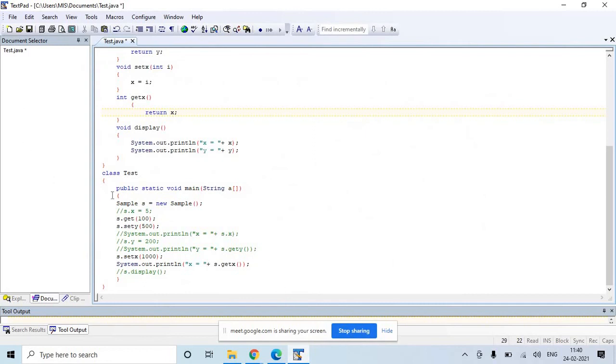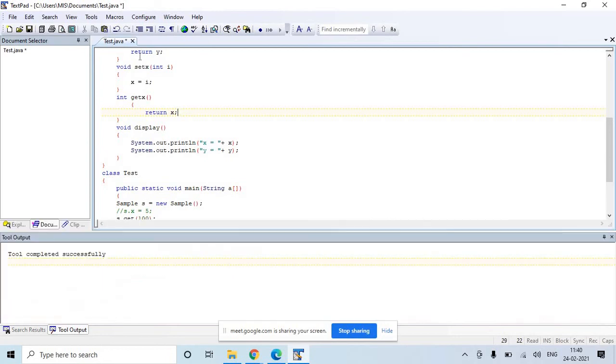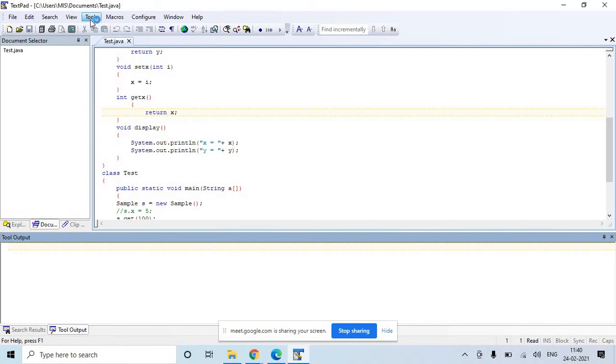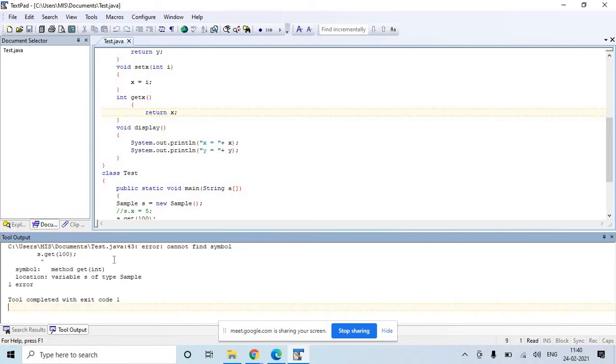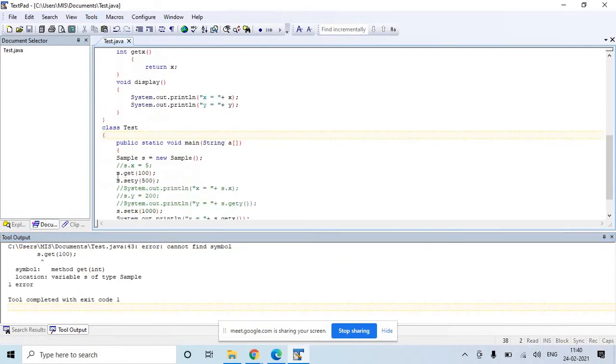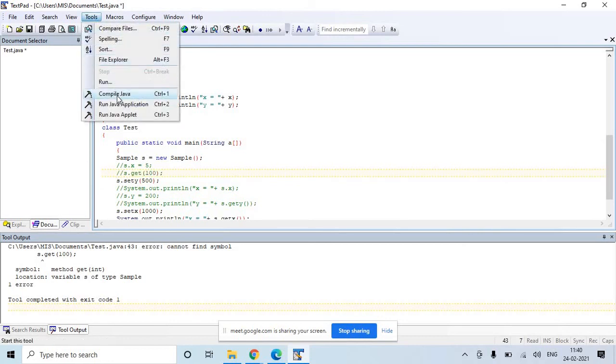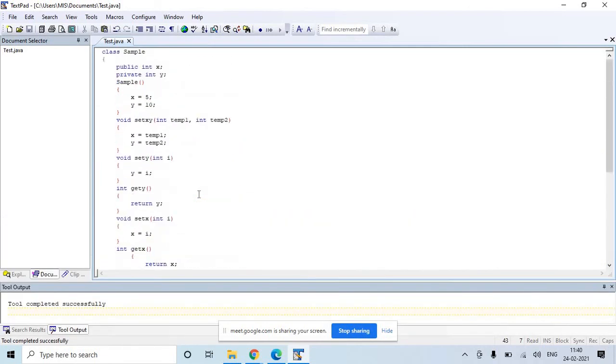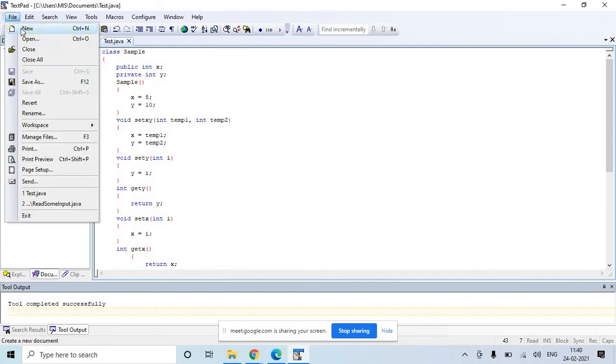Let's see if this code is still working. Okay, now this code is working. Let me create a new file.